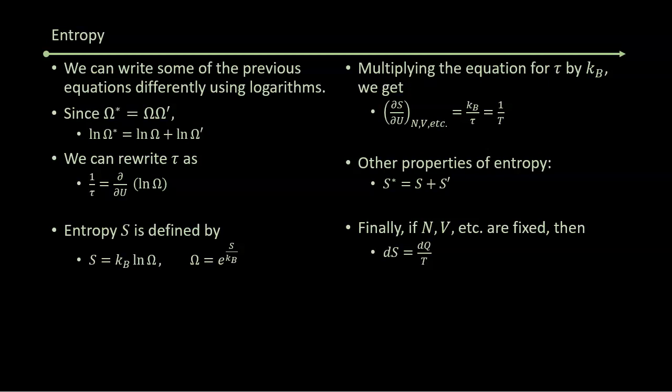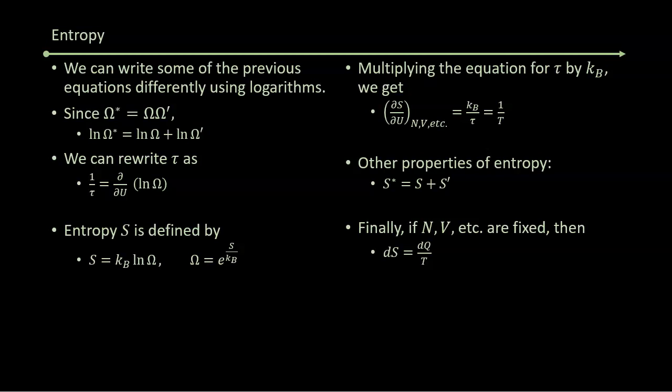Next up is entropy, and trying to get a handle on what we mean by entropy. Since our microstates are products of the microstates of the two systems, we can use logs to turn products into sums. And we can rewrite this energy quantity tau as: 1 over tau is the partial derivative, with respect to energy, of the log of the number of microstates. Well, we're going to define entropy, S, as simply the Boltzmann constant times the log of the number